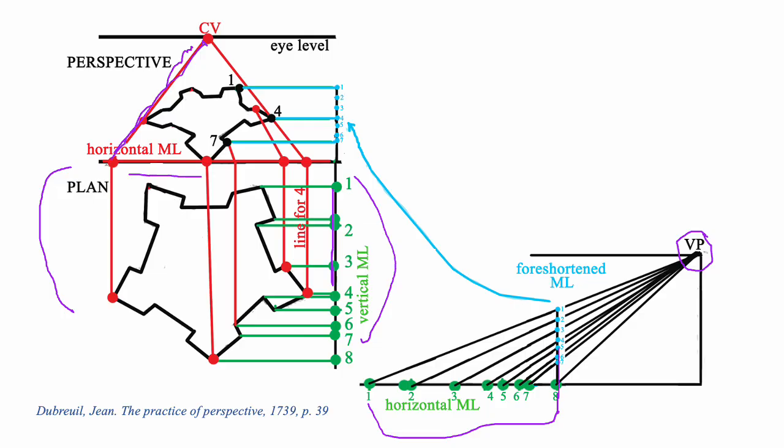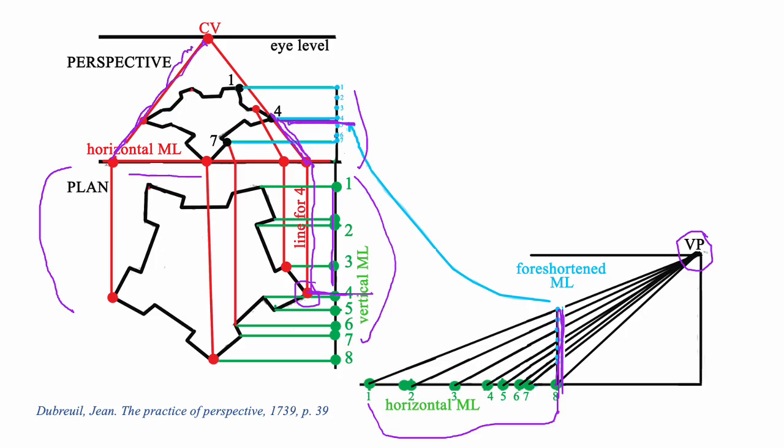And at the end of the line here, find the foreshortened version of that measuring line and put it over here. So the way it works is that we can find this point on plan, which is next to 4 on the vertical measuring line, and it follows this line up to the x-axis. This line converges toward the center of vision, and we know to stop here because this is number 4 on